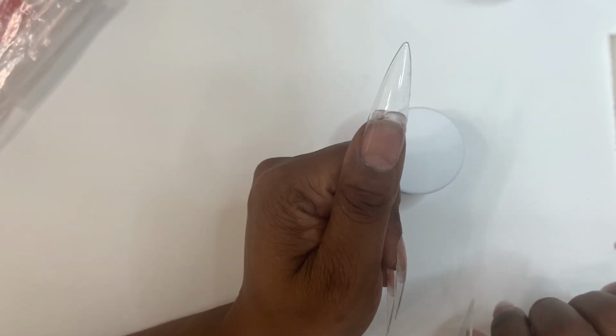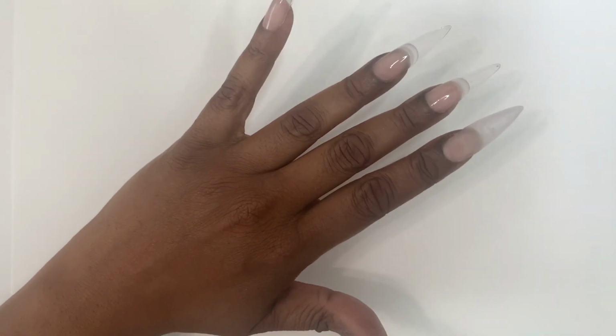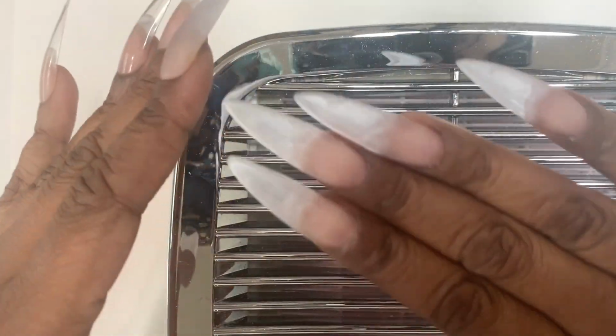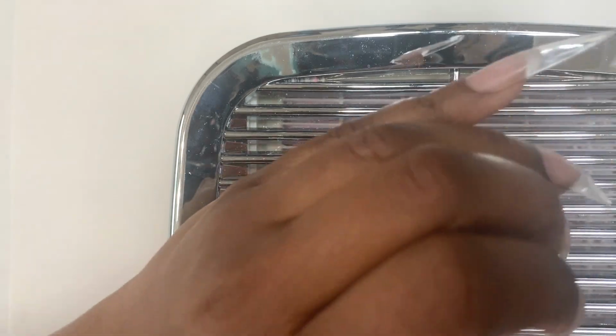What I'm going to do is I'm going to go in with my e-file, and I'm going to clean everything up with my e-file. I'm also showing how extremely longer than the regular nails the thumb is, so I'm also going to go ahead and just trim that down a little bit and just shape that up a little bit. So I've already done all that except for on the 3 nails. So now I am going in with